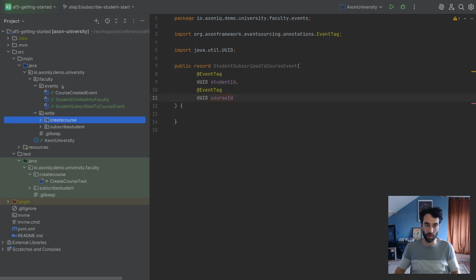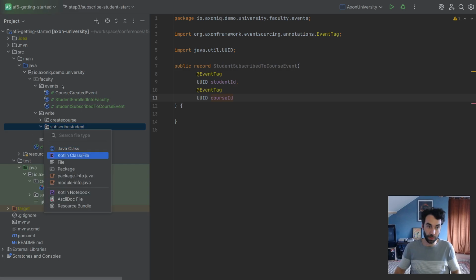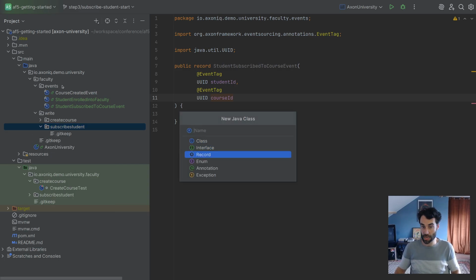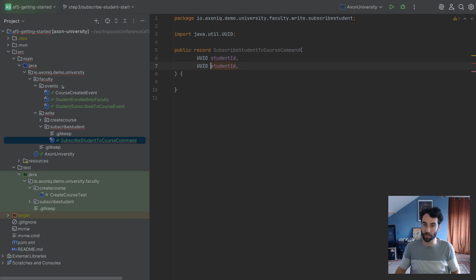And we need to add a command. Well, we need to go to our write slice because this is again a write flow. We're going to go there, and we're going to make a new command for this. Again, a record, a subscribe student to course command, and this has two UIDs as well. A student ID and a course ID. Now,